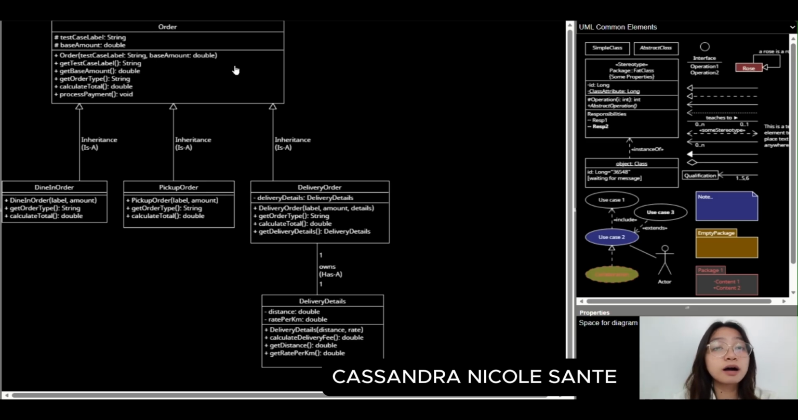You'll notice we use protected visibility for the test case label and base amount. We did this for encapsulation. It's a form of data shielding where we keep these variables safe from outside classes, but we allow our subclasses to access them directly. This makes math much easier when we get to the specific order types. This class also sets the standard contract for the system, ensuring every order has a way to calculate a total